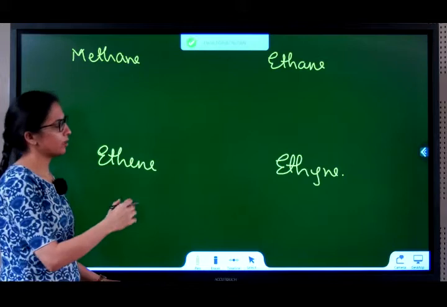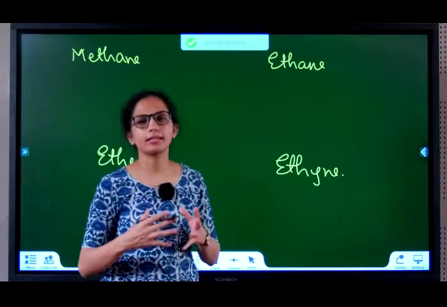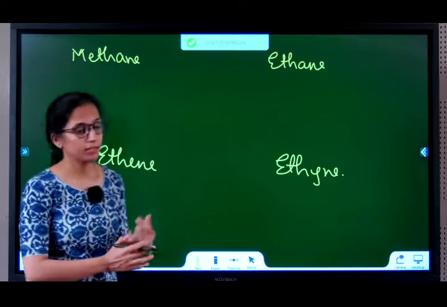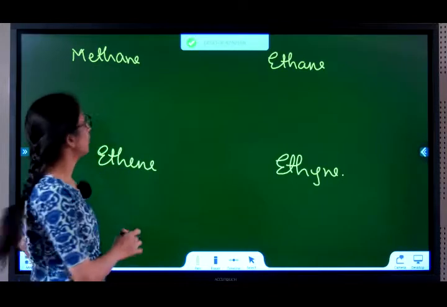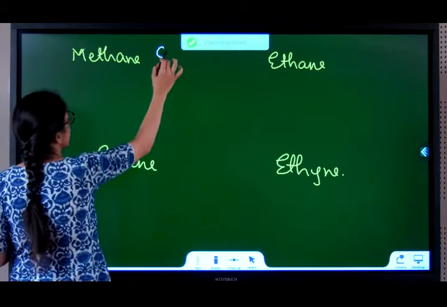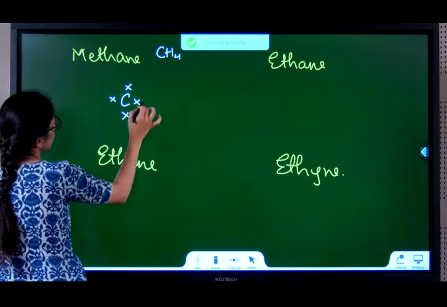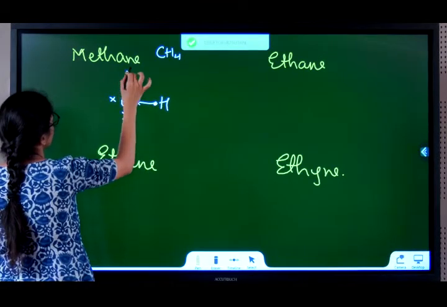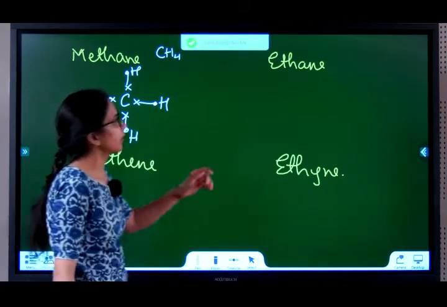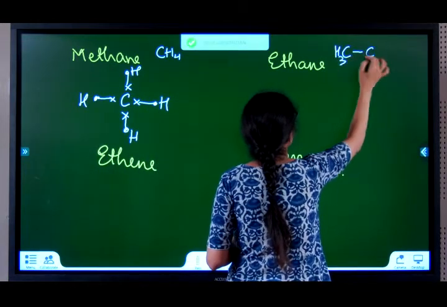Now before we go into the next series, since we know what is ethane, methane, ethyne, I had to cover this part under electron dot structures, but I didn't because you all didn't know what these compounds mean. So I'm doing it now. Methane. So you have to draw the electron dot structure of methane. It is CH4. Each carbon wants to bond with one hydrogen. So hydrogen, hydrogen, hydrogen, hydrogen. Now ethane. Ethane is nothing but 2 carbons, H3, H3.